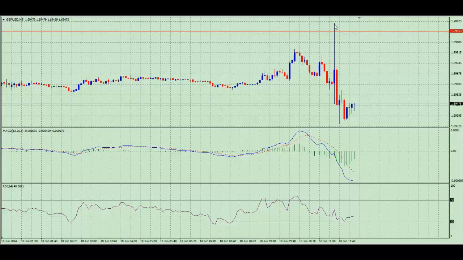So a nice sell order at that point would have triggered you into this wonderful trade, and the actual sell order is based on resistance, but with the news coming out, it pushed price up to then turn and fall, and it's followed the technicals, which is to sell at this point. But because of the news coming out, the market held off and waited for the news. Then it reacted very, very quickly.